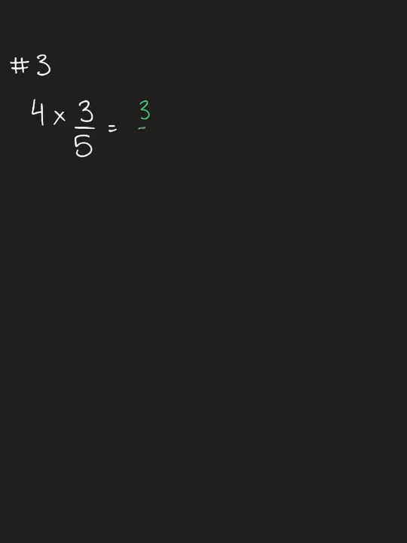So that will be 3/5 plus 3/5 plus 3/5 plus 3/5, because we're going to add it 4 times. And then we need to add these together. So when we add them up, our denominator is 5 the whole way across. Then when we add them together, our denominator, our bottom number, is going to be 5. And to find our numerator, or the top number, we need to add all the other numerators. So that's going to be